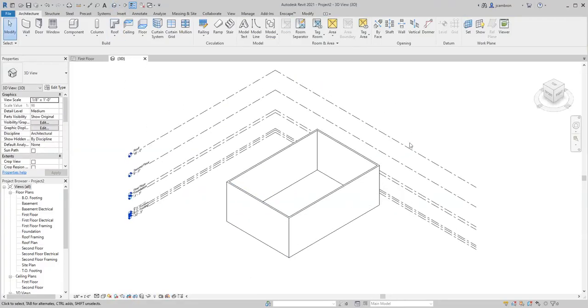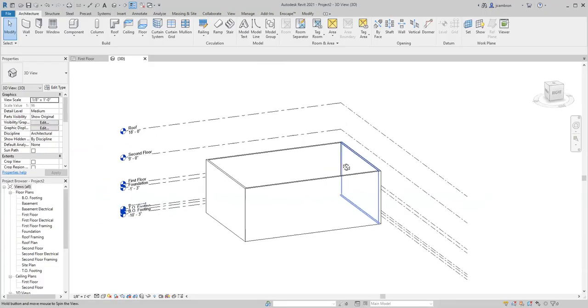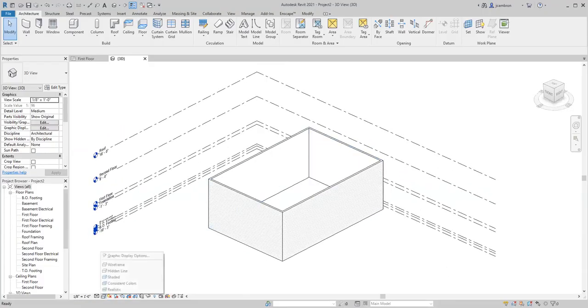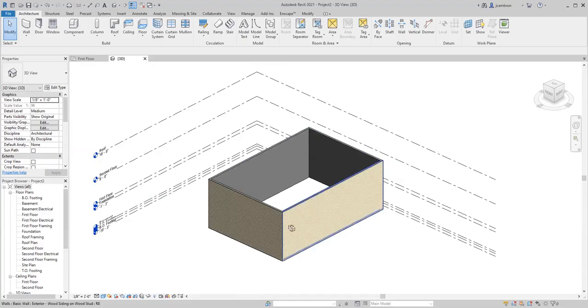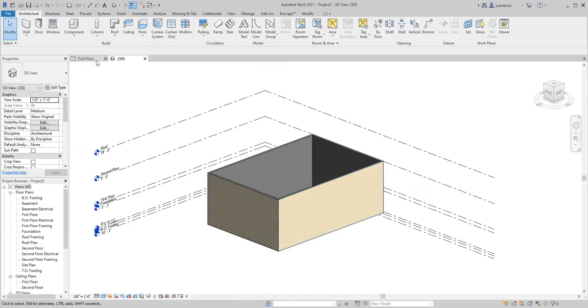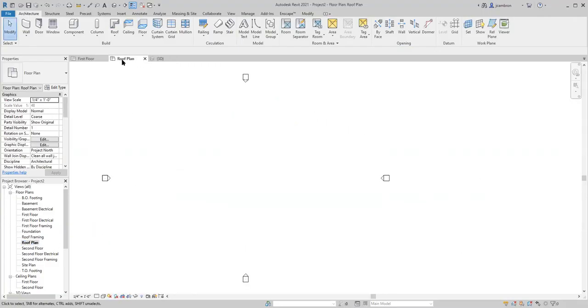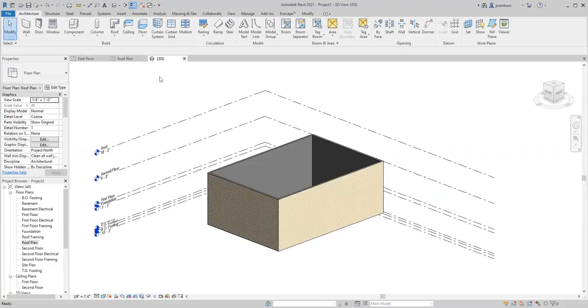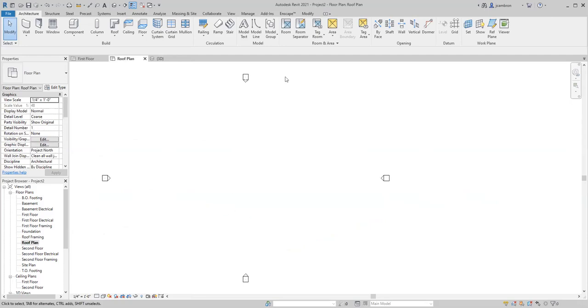I'm going to go into the 3D view so we can take a good look at this. And I'm going to change my setting to shaded so that I can see some colors. First floor. And I also am going to want to go to my roof level. So I have my first floor, I have my roof plan, and my 3D. Now my roof plan doesn't show anything. And that has to do with the fact that, again, if I go to my elevations,